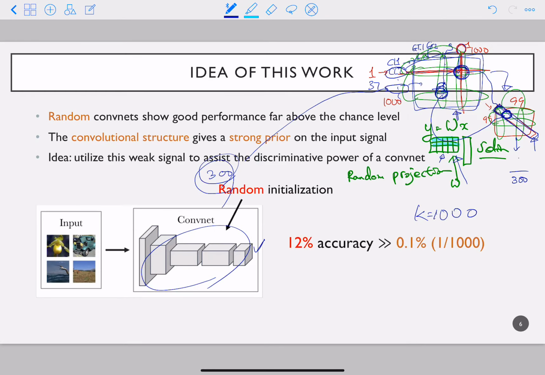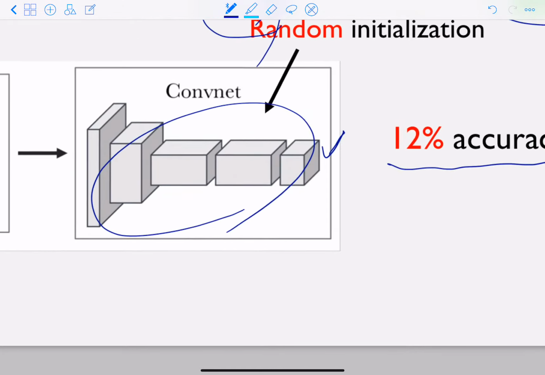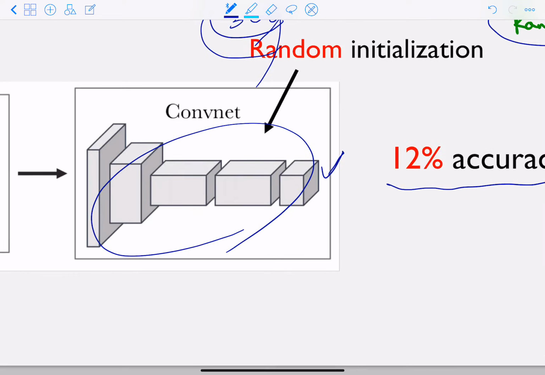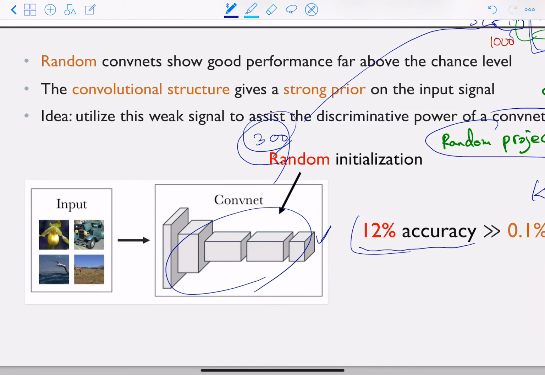So that accuracy looks like 12%, and it's significantly higher than random initialization or random guessing. I think this random projection has an interesting property, and the main idea or intuition behind why simple randomly initialized ConvNets can have significantly higher accuracy than random assignment is because